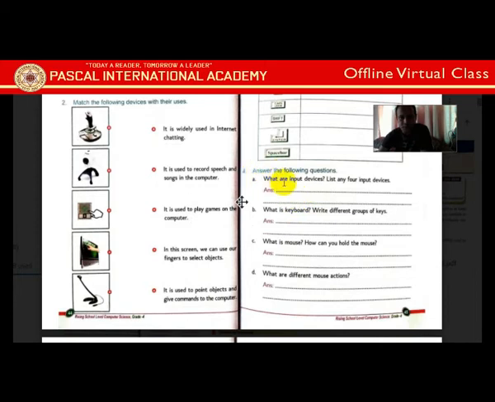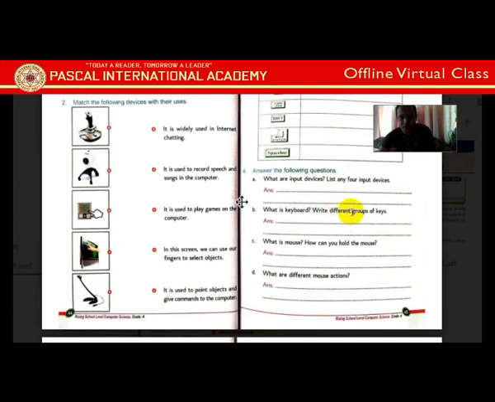Next one is what are the input devices? List any 4 input devices. You know input devices. We have just read there are lots of input devices, around 8 or 9 in this chapter. Just write and list any 4. And while writing input devices, do not forget to write the primary input devices, the basic and most important ones, and that is keyboard and mouse. First start with keyboard and mouse, then write any other input devices. But you have to first mention the primary ones.